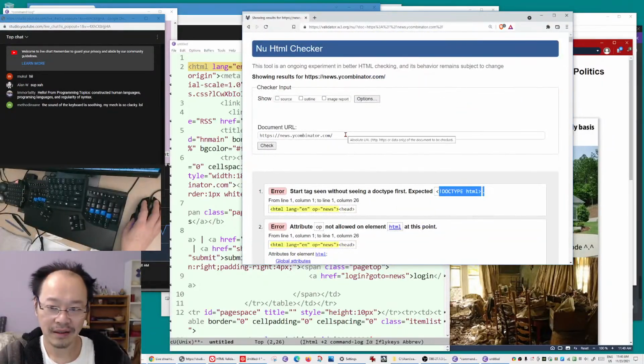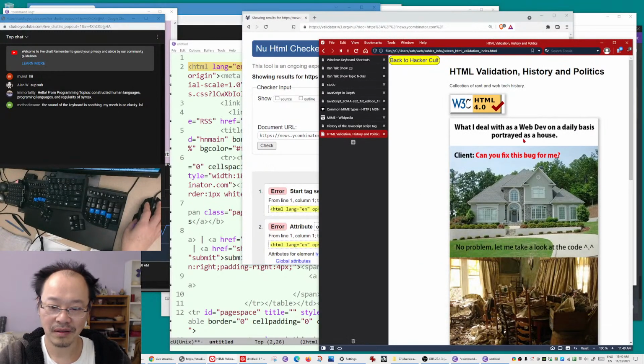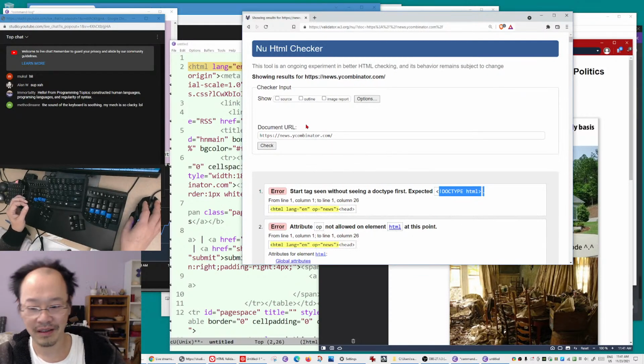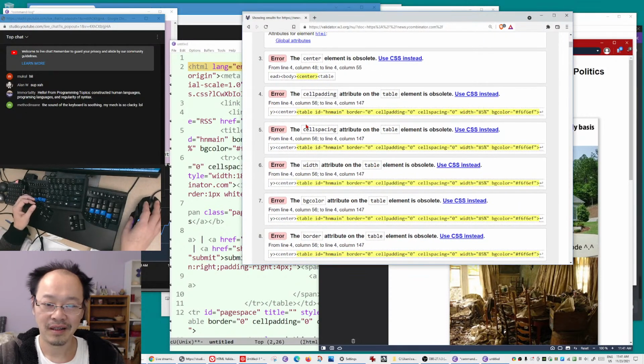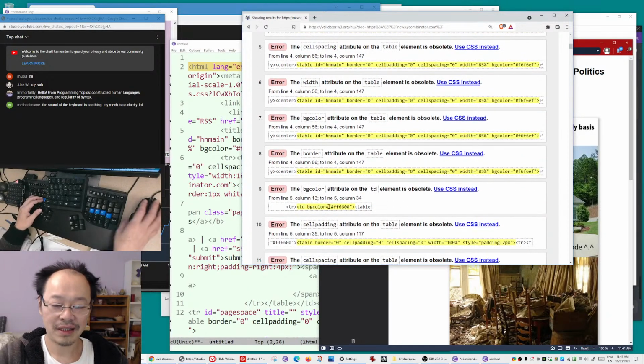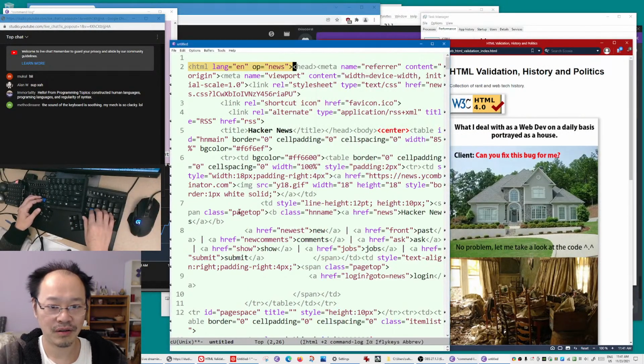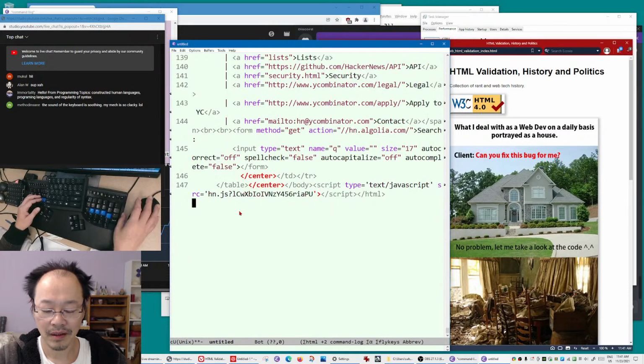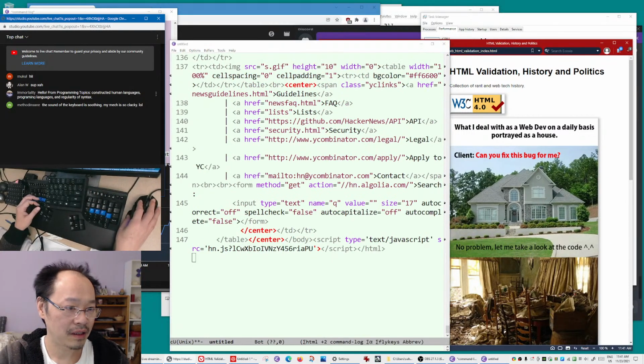So back then, in the 2000s, the hacker types, in particular the people who go to Hacker News, were all fanatical about HTML correctness. But I guess not Paul Graham. So anyway, that's the Hacker News website, that's Hacker News HTML. Okay, so that topic.